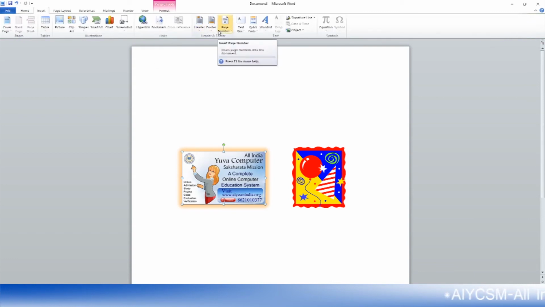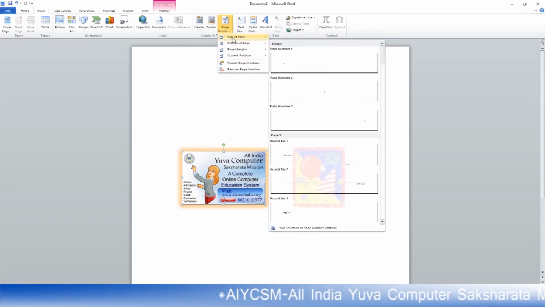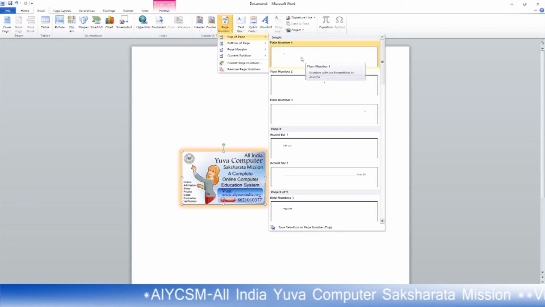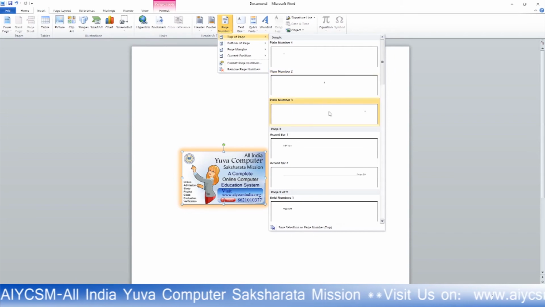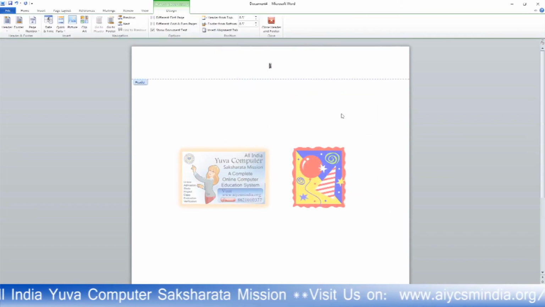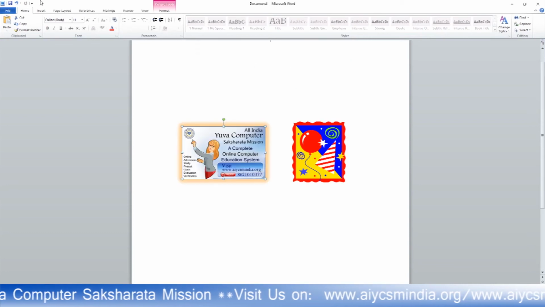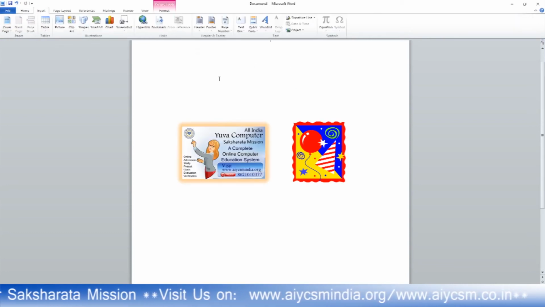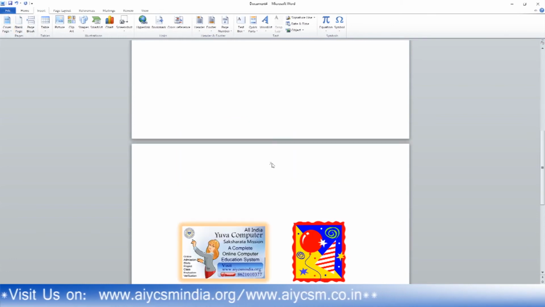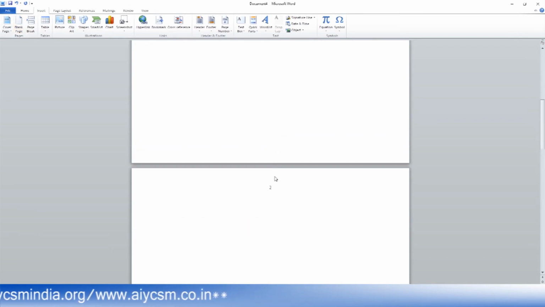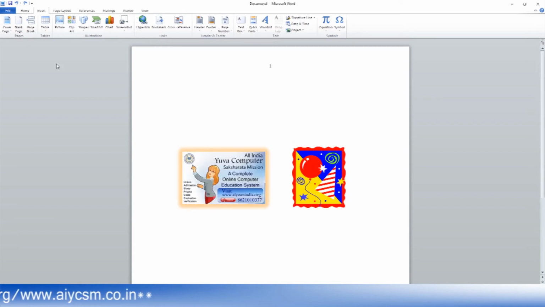From there, with the help of header and footer, you can write your own footnote and head note in your Word document. Now if you want to insert the page number, you can insert it in the top leftmost corner of the page, top middle, top right, anyone. If you click there, here is an example where you can see your page number. Even a blank page also has a page number.